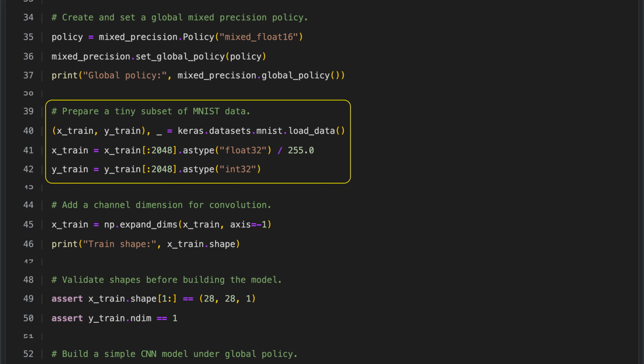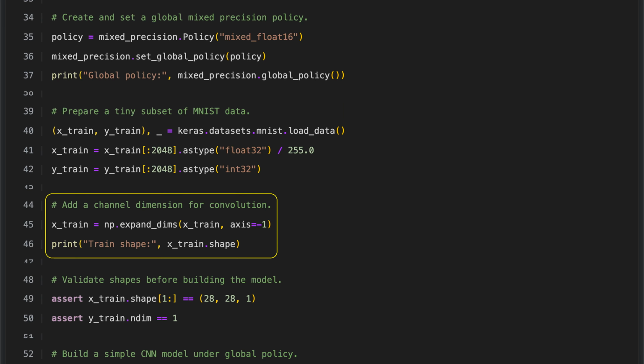a classification model. To prepare image data for convolutional layers, we need to add a channel dimension to the training set. We do this by expanding the array so that a new dimension is added at the end, turning each image from 28 by 28 into 28 by 28 by 1. The extra dimension indicates that each image has a single channel, which is standard for grayscale images. After this transformation, we check the shape of the training data to confirm that the new channel dimension has been